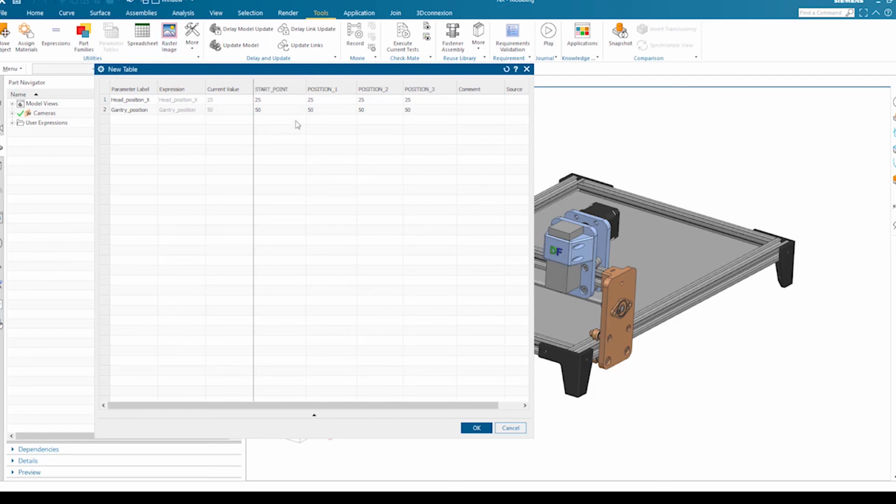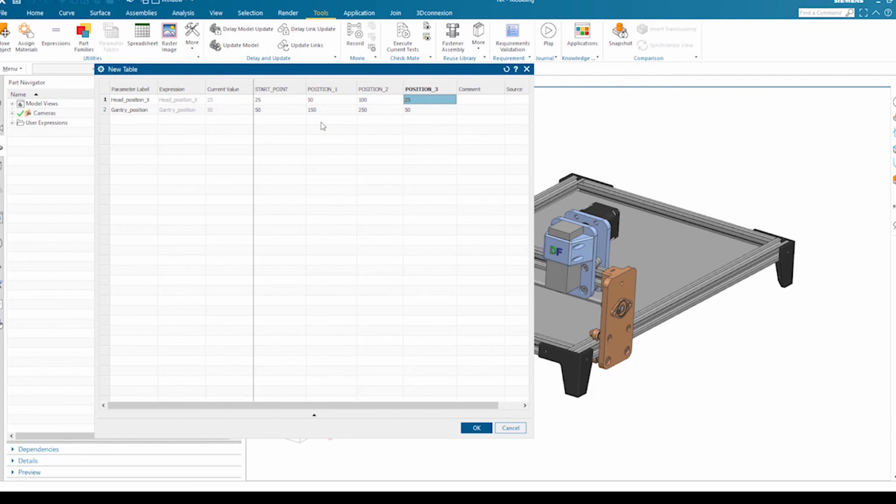I want to move my head in the second position about 50 millimeter, and the gantry should be 150. In the second position, head position should be 100 and the gantry position should be 250.